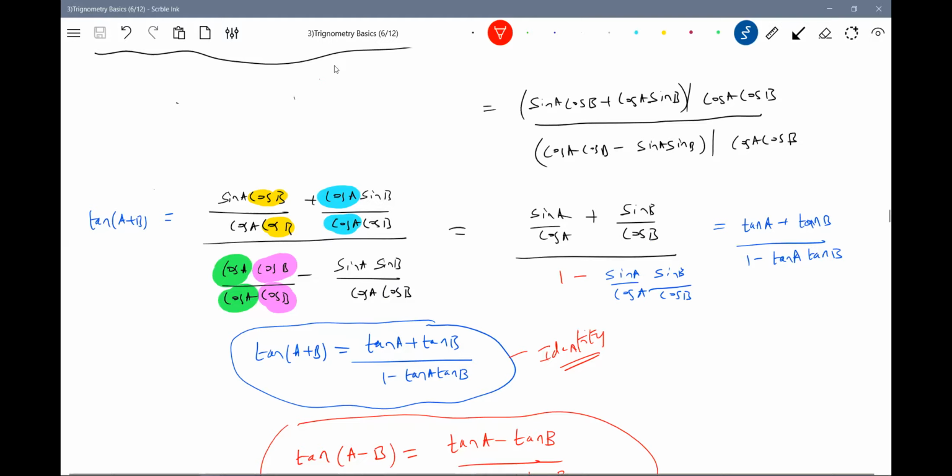So we'll stop the class here. Okay, kids, today I just gave the basic introduction to what is trigonometry, what we mean by sine theta, cos theta, and what that curve of sine theta, cos theta means. Then we explored tan theta, then the reciprocals cosecant theta, secant theta, cot theta. We also defined them. Then we went on to derive the identities like sine square theta plus cos square theta equal to 1, sine A plus B, sine A minus B, cos A plus B, cos A minus B, tan of A plus B, tan A minus B.